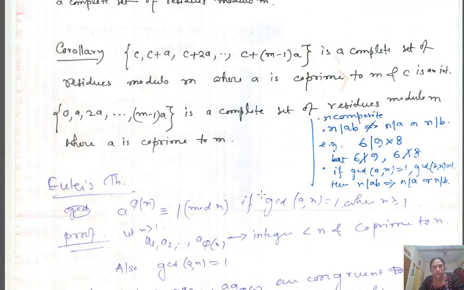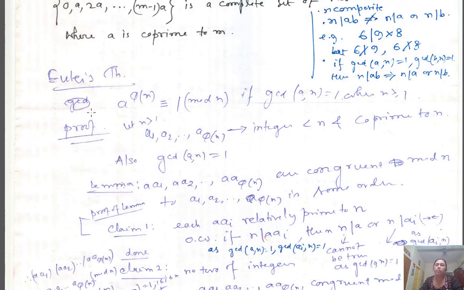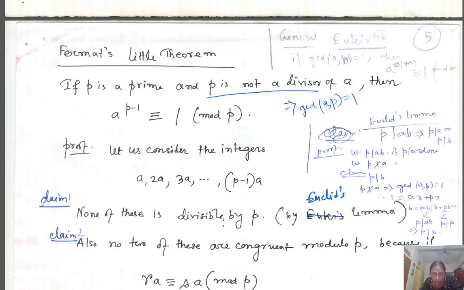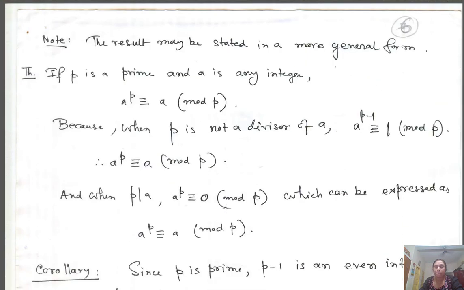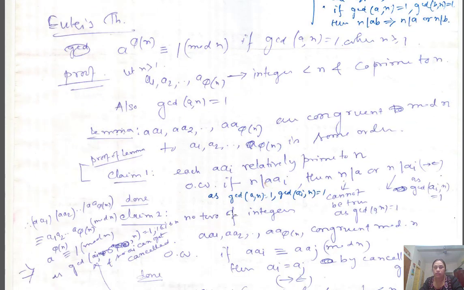Now, in the same way, Euler's theorem you can also prove. The proof is almost the same. You have to start here, as we started when we proved it. We started with this. Actually, this is a residue system modulo p, meaning 0 is excluded. So here also we start with